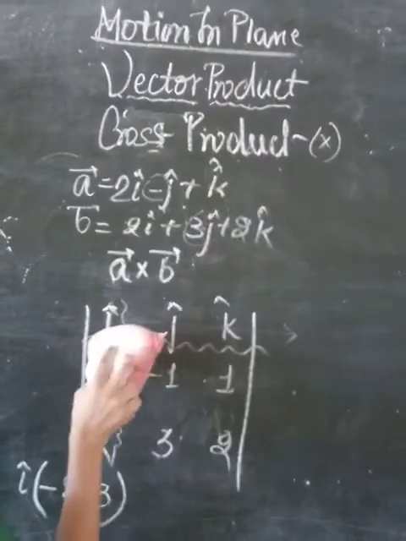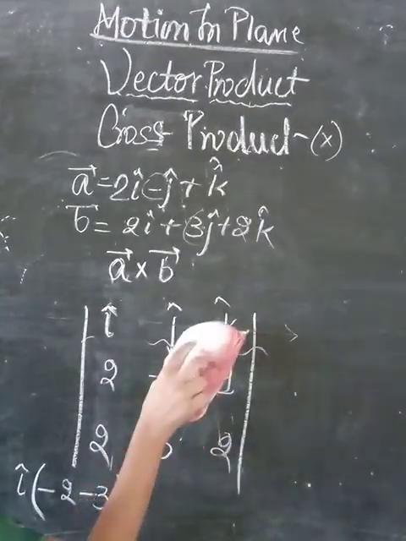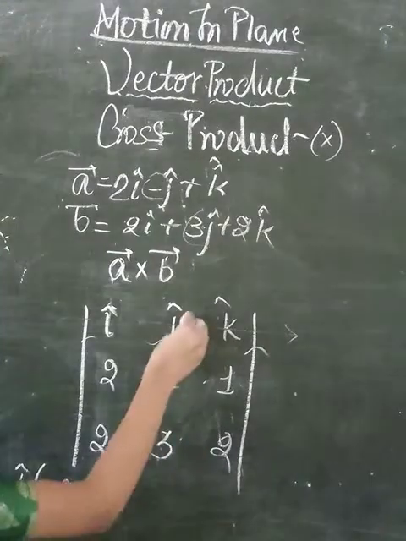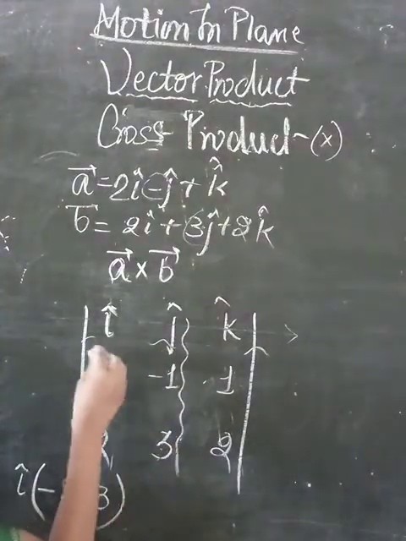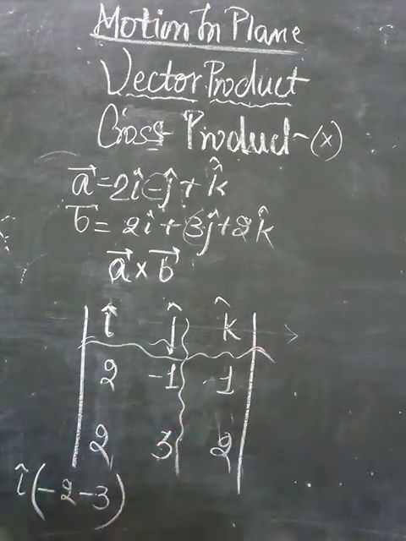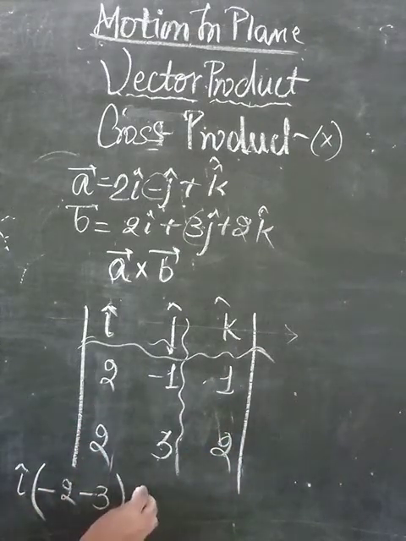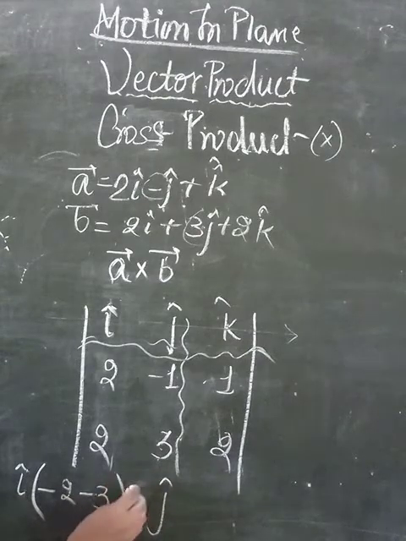Now, if we are writing the j, then we have to eliminate the row and the column of the j. That is, the values of the j will be eliminated, and we will be using the remaining ones, that is, the values of k and i. So, taking out the column of the j and the row of the j, what is remaining over here? 2 and 2, 1 and 2. And we will be writing here j, but we will be using the negative direction.